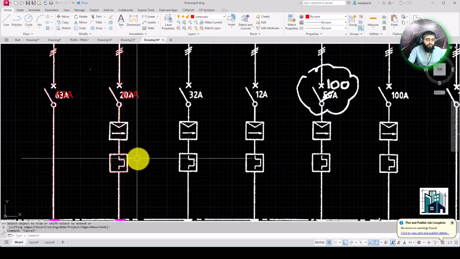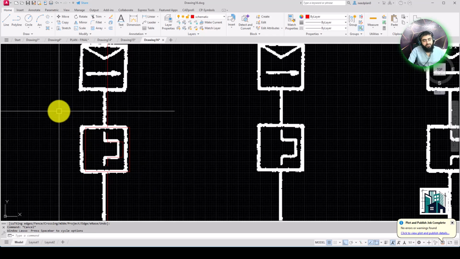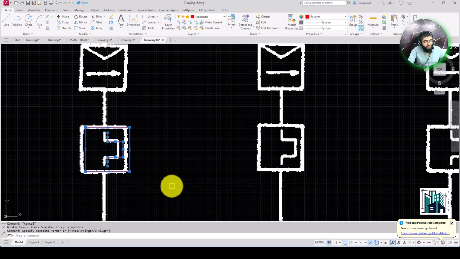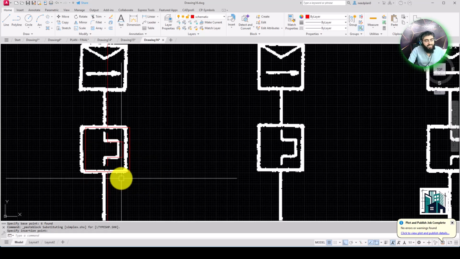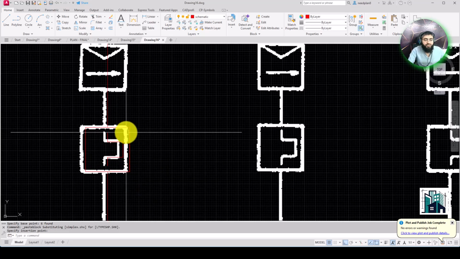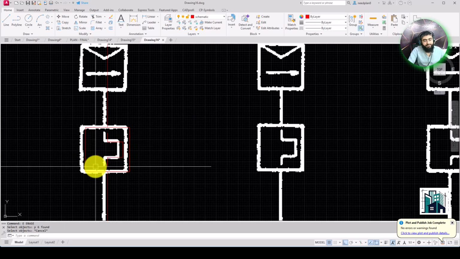Okay, we have created. So I'm going to make a block. Select this object, Control Shift C, select the middle point, Control Shift V. Select this, and you want to remove the previous object which you have at the back of it. So you just have to enter E, enter P, enter. So that has been deleted.